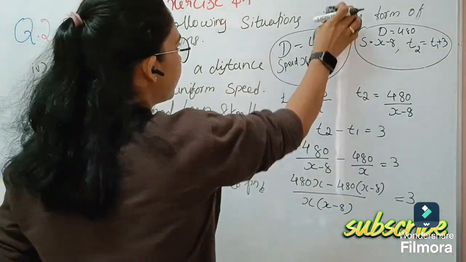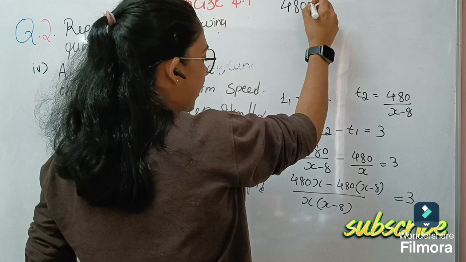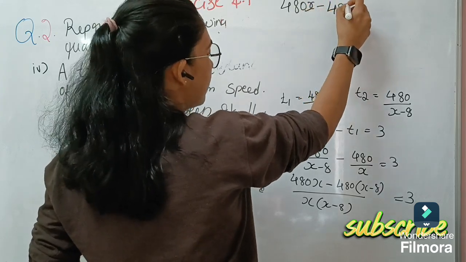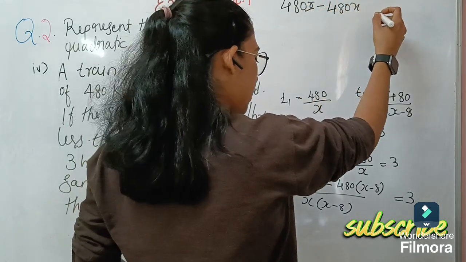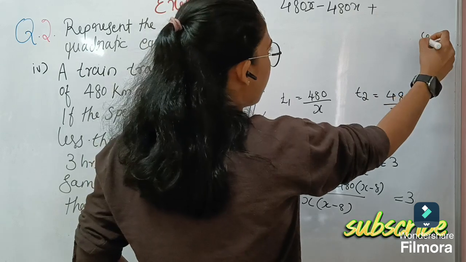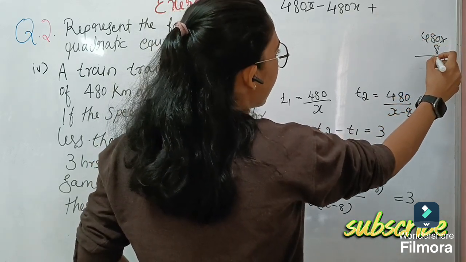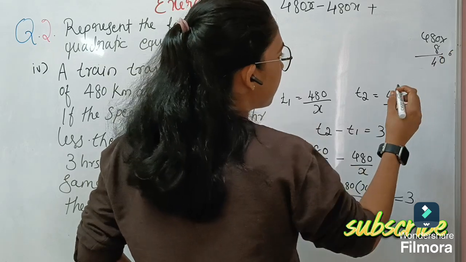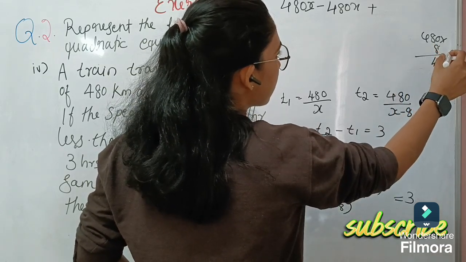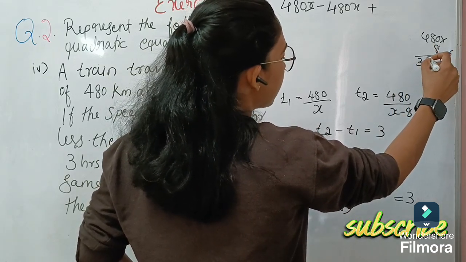Okay, 480x minus 480x plus 480 into 8, that is 8 8s are 64, 8 4s are 32 plus 6 is 38,